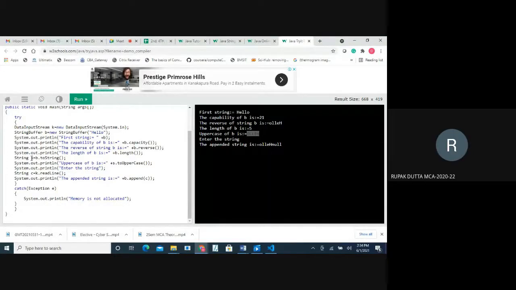Can we use the scanner? As far as I remember, there is a scanner keyword to take input. Yeah, you can use it. What I am showing is not the only way of taking a value from the keyboard. There are some more options, but this is the simplest one. Rupak, you can do that also.